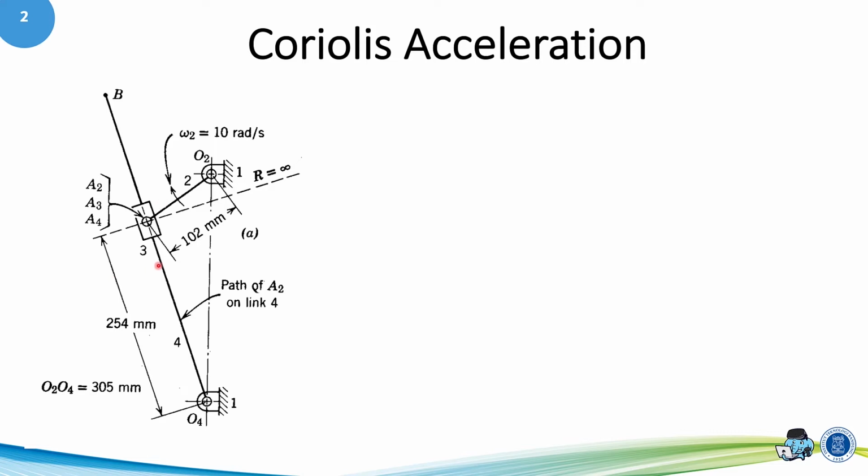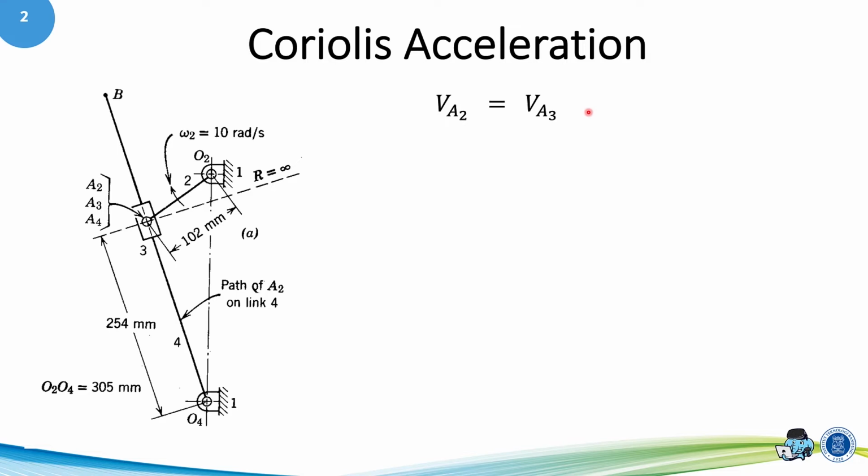In this mechanism, the point A here is the coincident point. That point belongs to link number 2, 3, and link number 4. Why? Because you can see here, link number 2 is connected to link number 3 by a pin joint, and link number 3 is connected to link number 4 by a prismatic joint. Since link number 2 and 3 are connected by the pin joint, it means that the point A is the instant center of link number 2 and link number 3. So we can get VA2 equal to VA3 based on the definition of the instant centers.